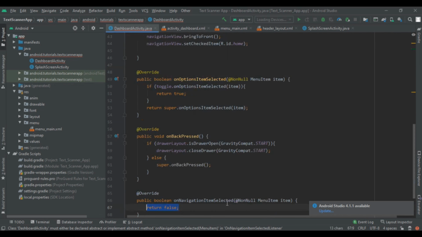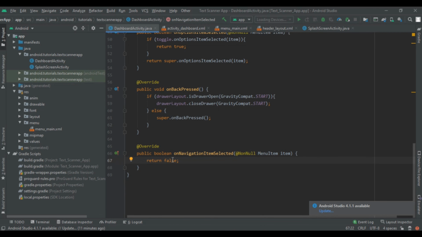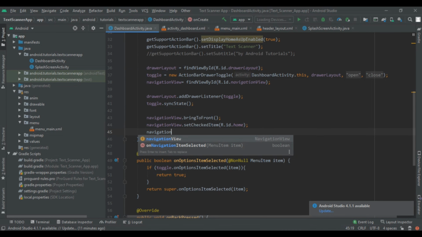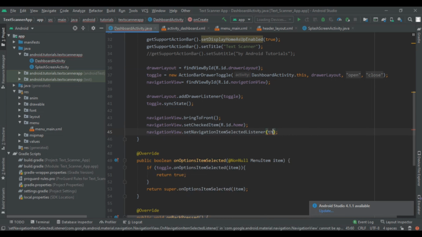So we will find this method, and first we are going to set the click listener on our navigation view: navigationView.setNavigationItemSelectedListener, and pass the context or click listener to be this.